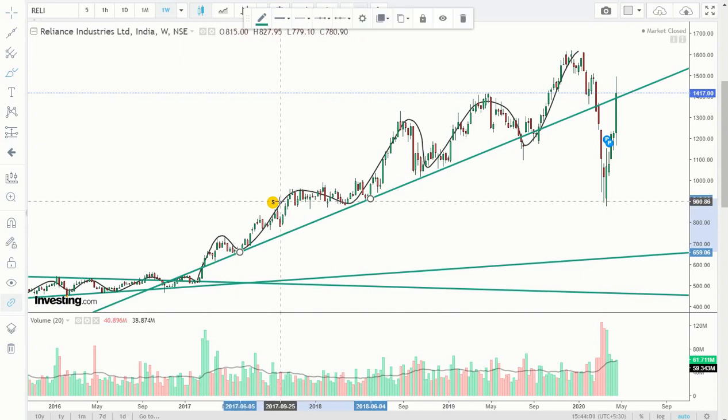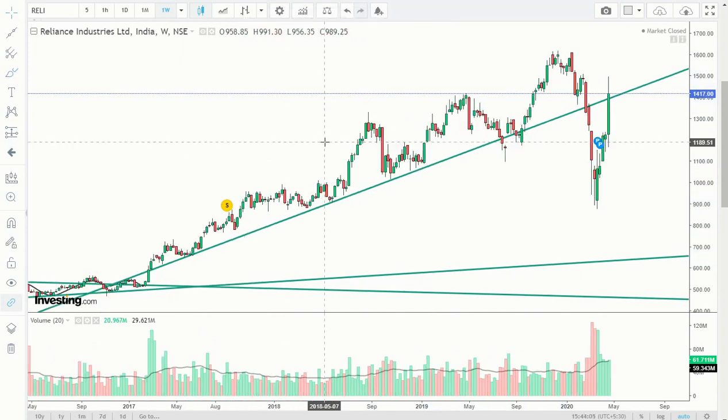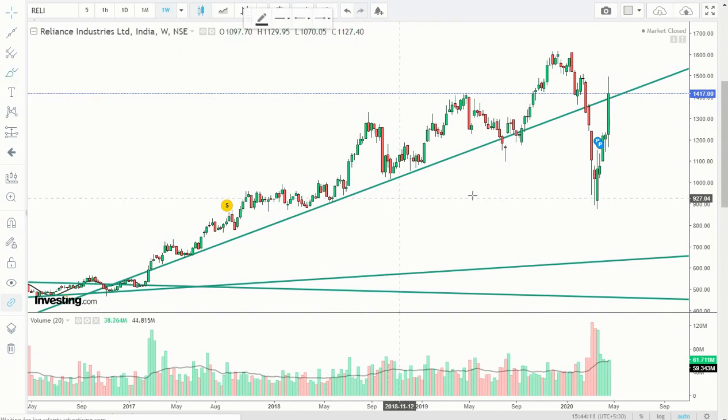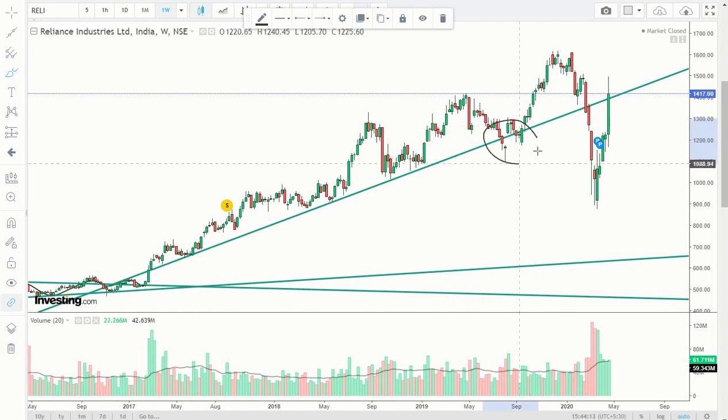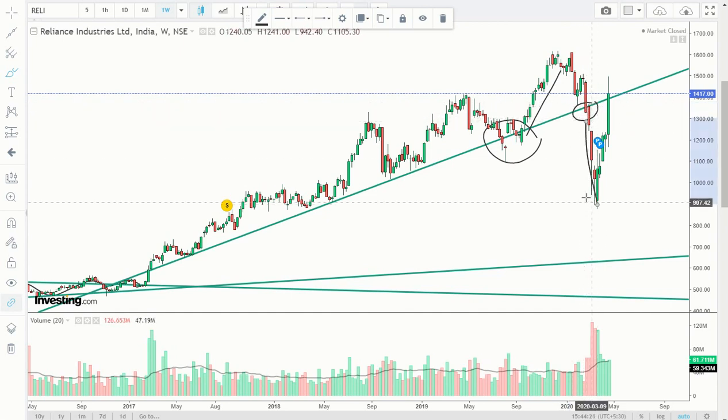I teach it in my intermediate courses. How do you tackle traps and such? So this was a trap which was there. Nothing will work 100% of the time. Here it was a trap, but if you can identify it, prices again went up, and then prices went down, and once it breaks, it went into a downtrend.